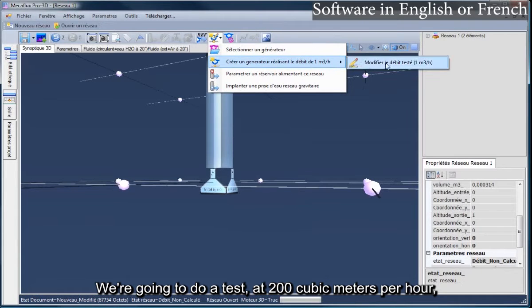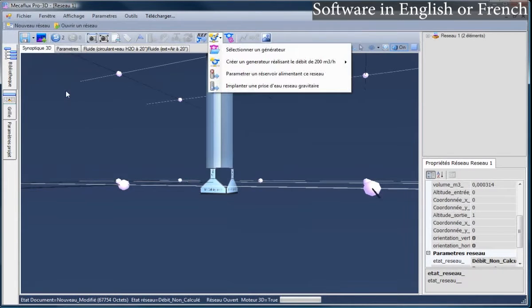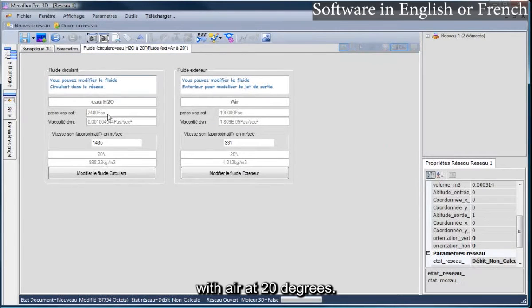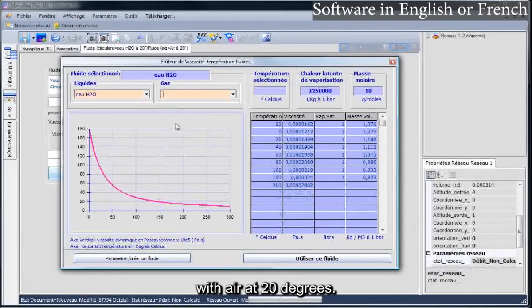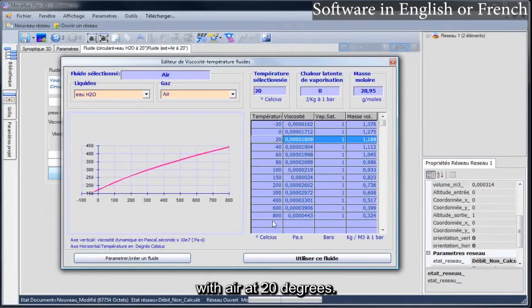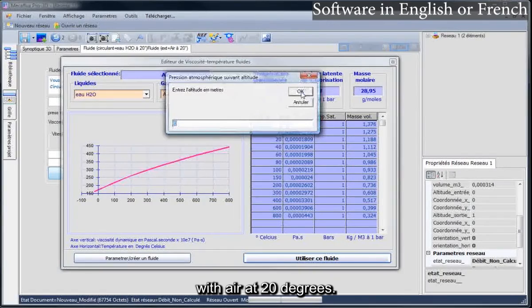We're going to do a test at 200 cubic meters per hour, with air at 20 degrees. We will leave the altitude at 0.